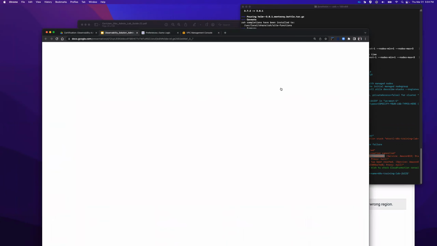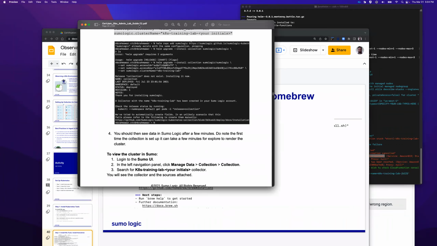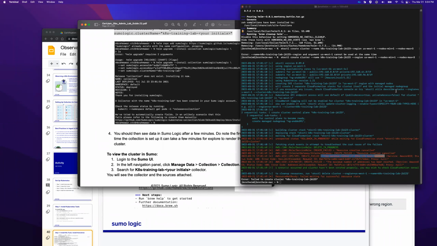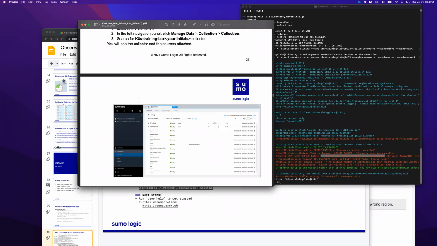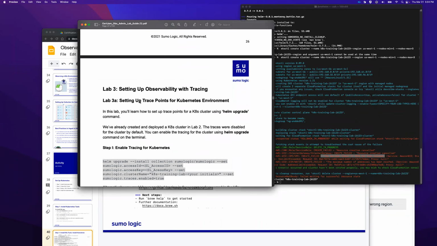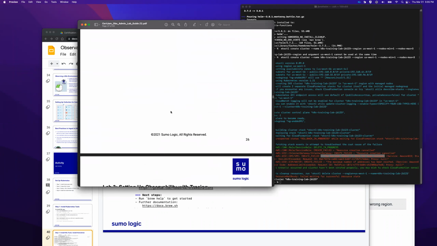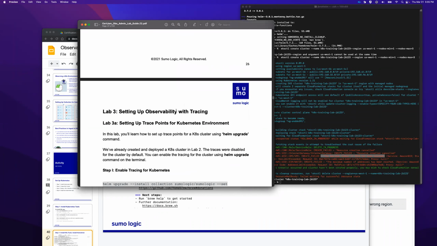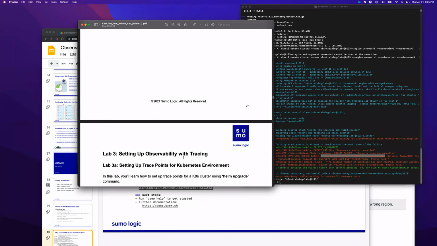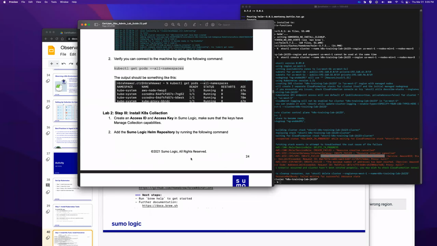Let's see. Let me go back to the lab guide. So today's class might be a little shorter. I'm not going to troubleshoot, or I will troubleshoot this a little bit, but not too much. But let's see what can we do here? Because ultimately what I wanted us to do next is, as it says here, set up some trace points. Although we can do that, that's lab 3. So I think with lab 2,